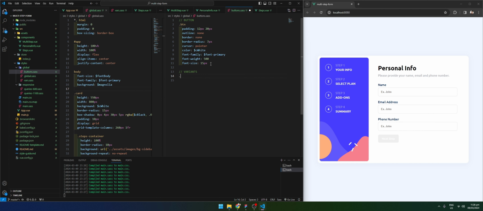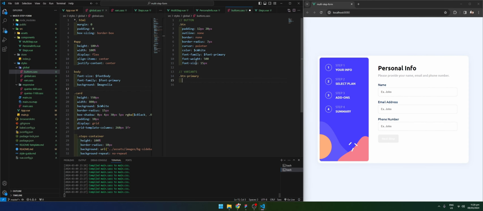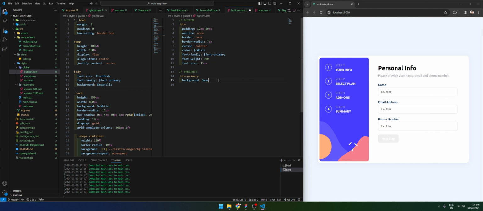So from here, btn-primary. This is the one that has a blue background here. Okay, so background should be $. Let's check on our variables. Yeah, it's marine blue. Marine blue. Hit save. Then let's add this class to our component,